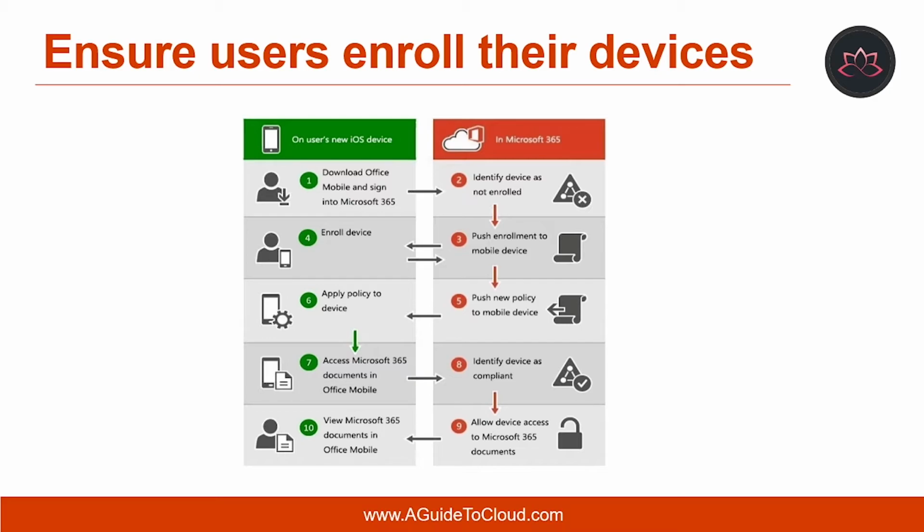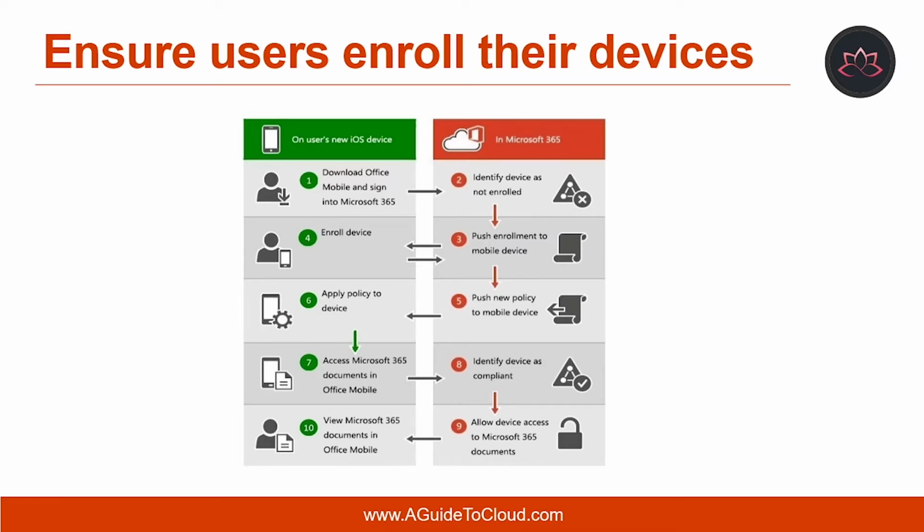They use compliance policy to define how devices should be configured and conditional access policy for controlling access to company resources. If a user tries to access company resources from a non-enrolled device, he or she is denied access and asked to enroll the device first. To ensure that the users enroll their devices, you can configure a security policy in Microsoft 365 or conditional access policy in Intune to allow access to company resources only from enrolled devices.